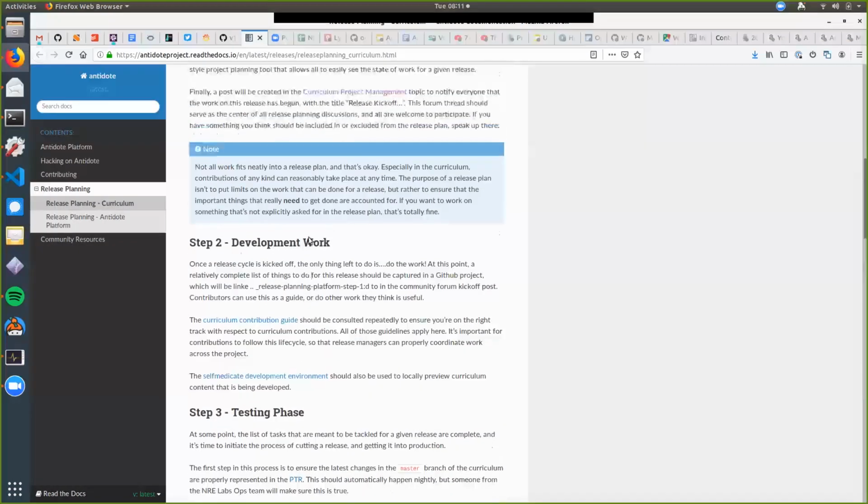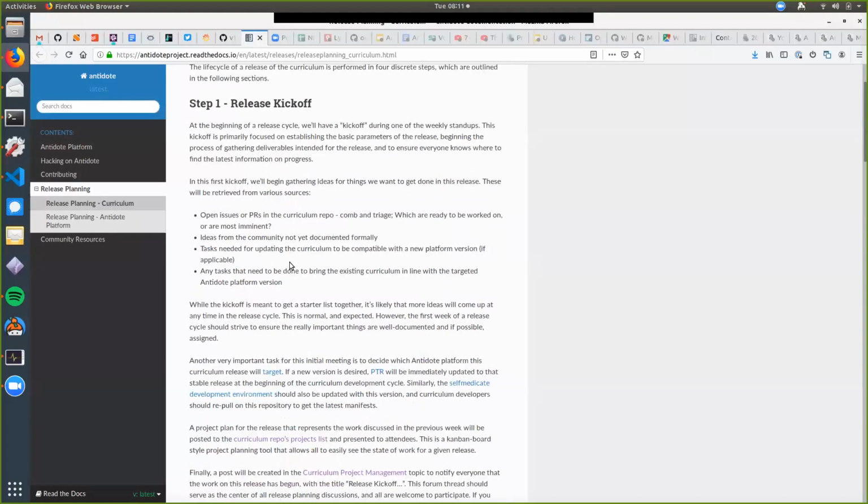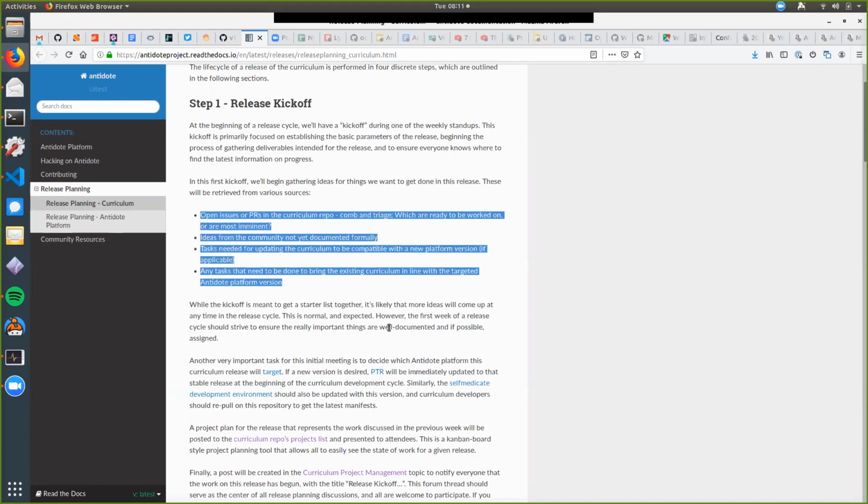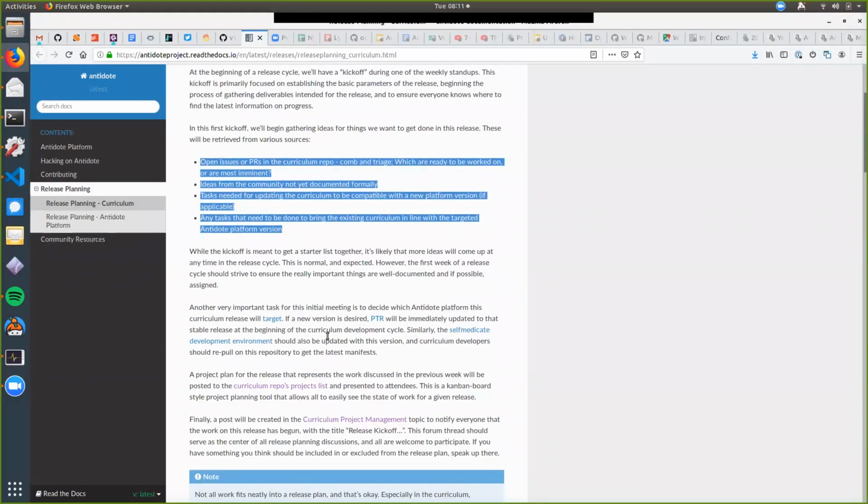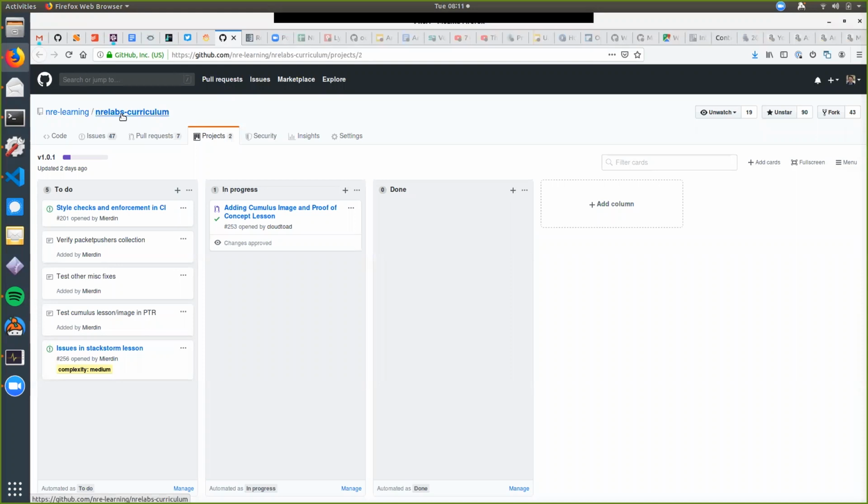So, in step 1, which is what we're doing right now, I posted a forum thread, and we're having this stand up, and we're talking about open issues or PRs that need to be included in this release. And we've decided to target version 0.4.0. And finally, we have this curriculum. We have a project plan that's created in the curriculum repo's project lists. So you see, we're in the curriculum repo, and we go to the projects tab, and version 1.0.1 is right here. This is where the platform